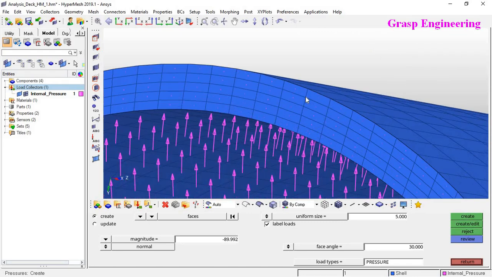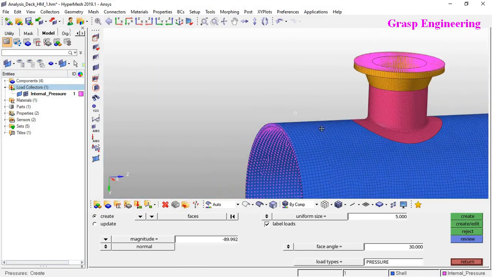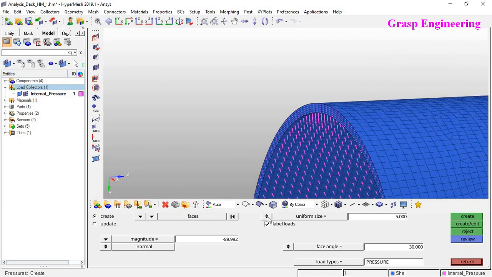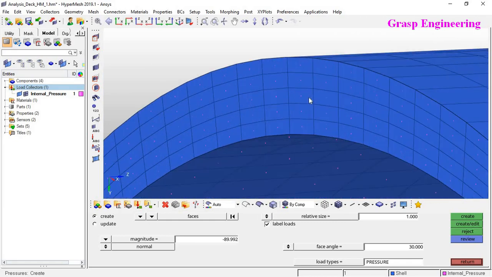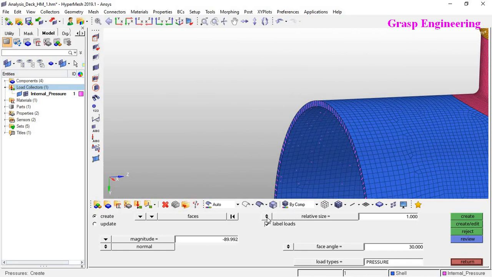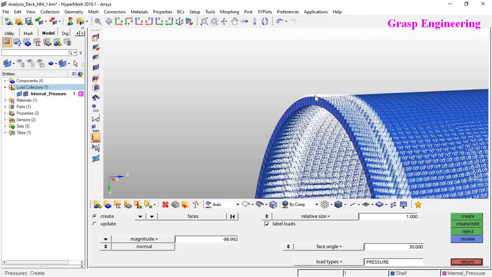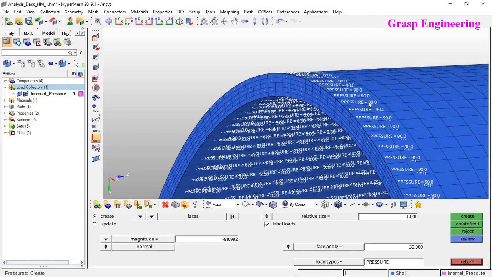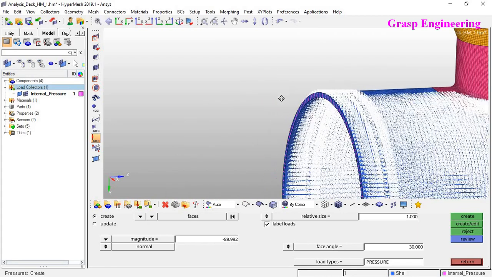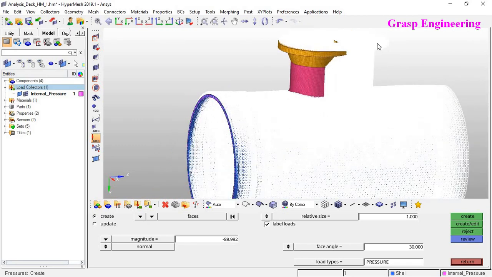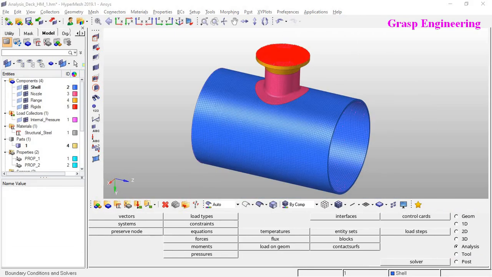Okay, now you can see that we created that value. If you show the label, then only you can see it. Let's check the label. You can see approximately 90. Okay, now this is all about our internal pressure. Let's hide this. So now we applied internal pressure, that is the first load case.